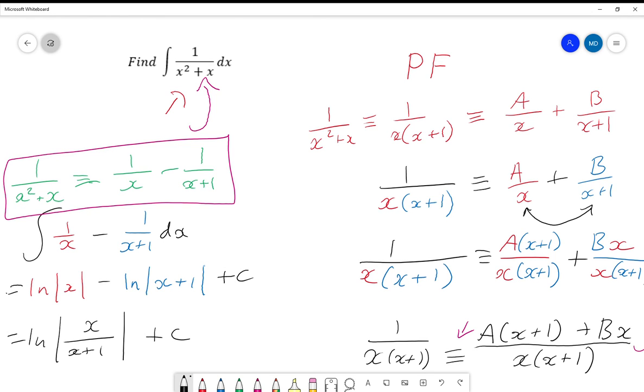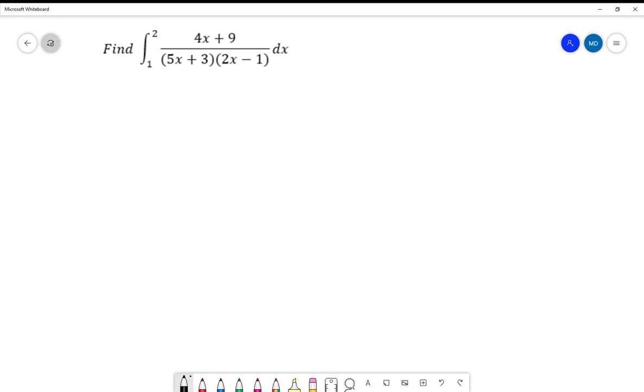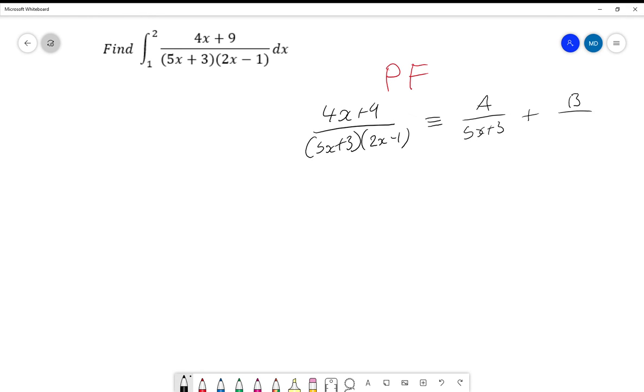Let's go on to the second problem. Here, exactly the same thing. We're going to use partial fractions, and it's just a little bit more complicated. So first of all, partial fractions. We're going to write this as 4x plus 9 over 5x plus 3, 2x minus 1 is equivalent to a over 5x plus 3 plus b over 2x minus 1,